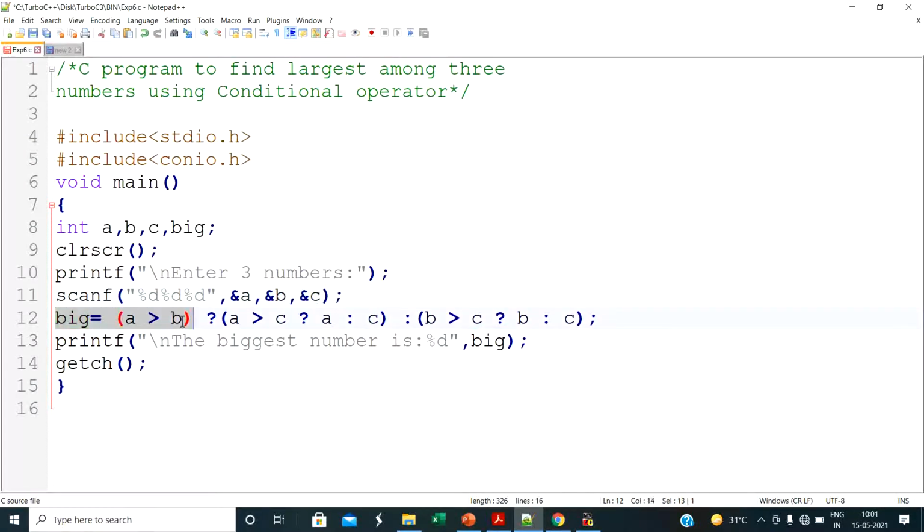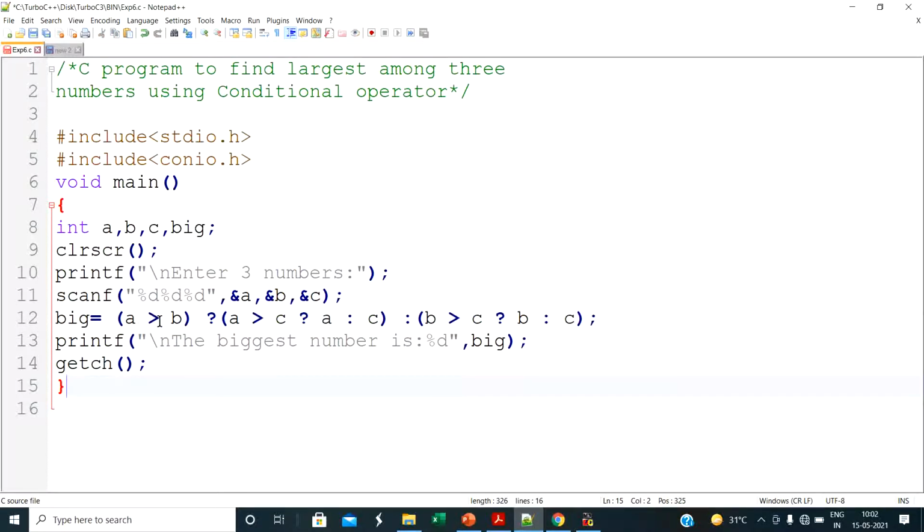Then here we use the conditional operator. So big is equal to, first condition, a is greater than b. If this condition is true then it checks again the second condition, a is greater than c. If both conditions are true, the value of big is equal to a. If this condition is false then it executes the other part.